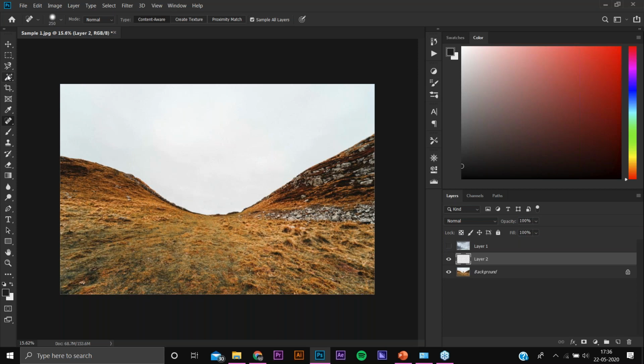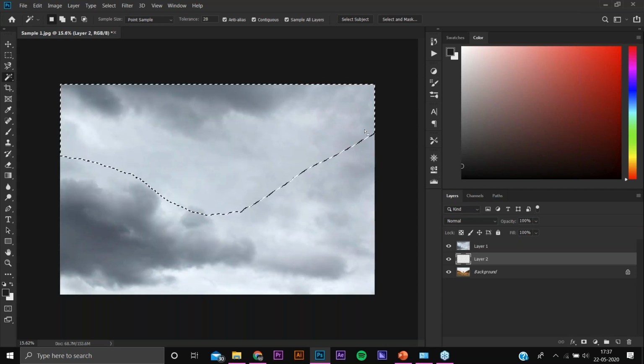So in the further steps, we will be selecting a quick wand tool, magic wand tool, sorry, which would be in the tools option, or otherwise you can press W on your keyboard to get a shortcut key for that. And we will be selecting this part of view. Now almost everything has been selected in the sky point of view. We will be turning on the clouds right now.